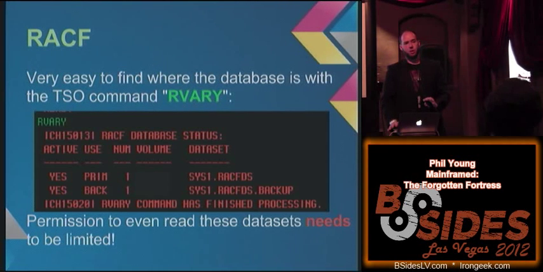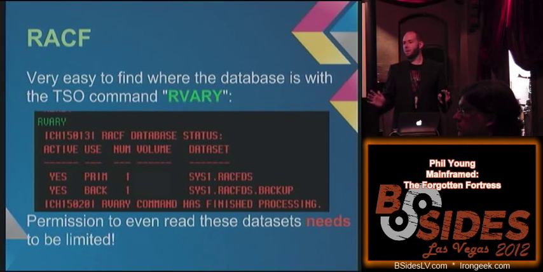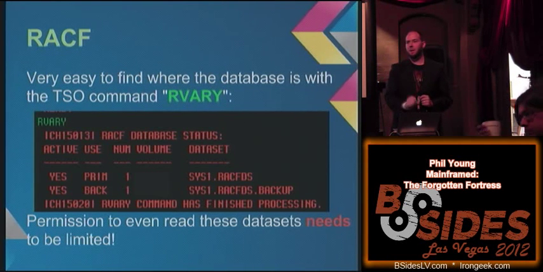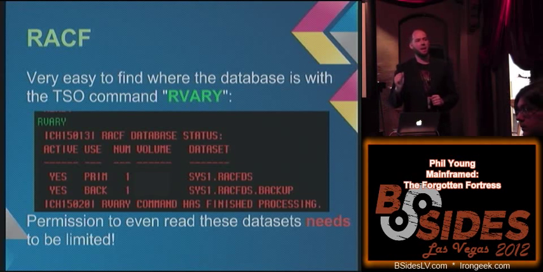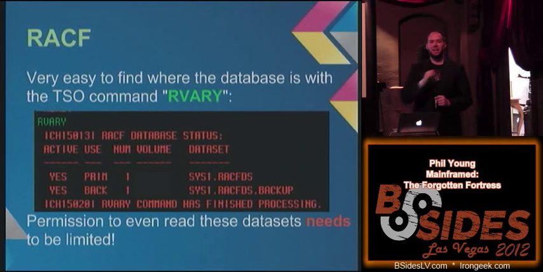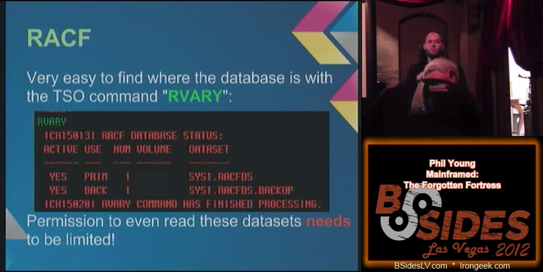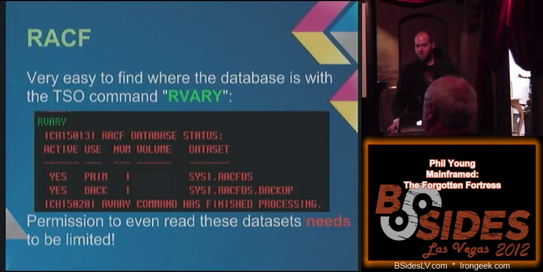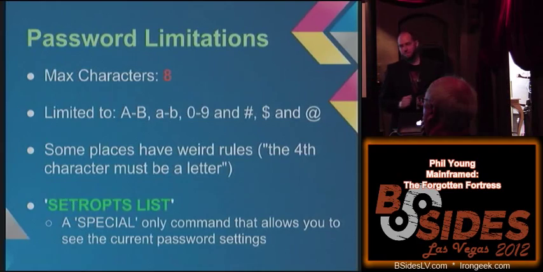Access to these 2 files. So if you guys have got a mainframe and you're thinking, oh my God, what? Go take a look at that file. You can type in this command, and then you can go to your mainframe experts and say, who has access to these 2 files? And you want to make sure even read needs to be limited on a need to know. No one should have read access to this unless they're an administrator or an operator. And even then, it's got to be really limited because it stores all of your security settings and the hashes. And I'll talk about why that's important in a bit.